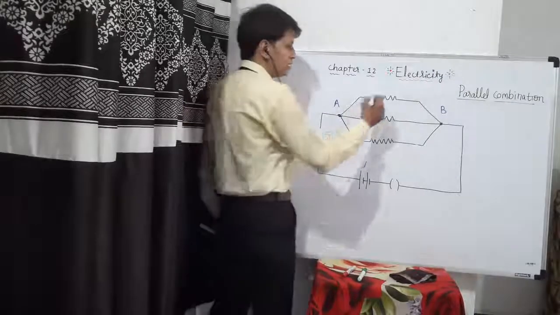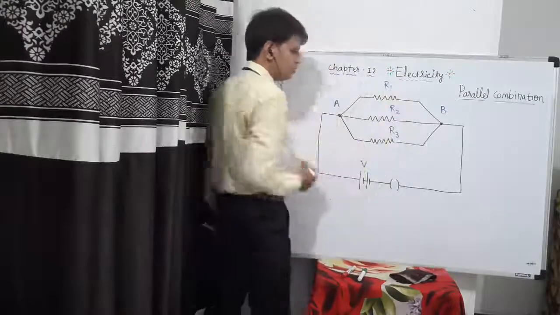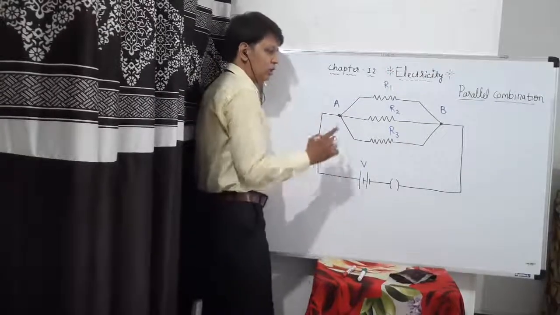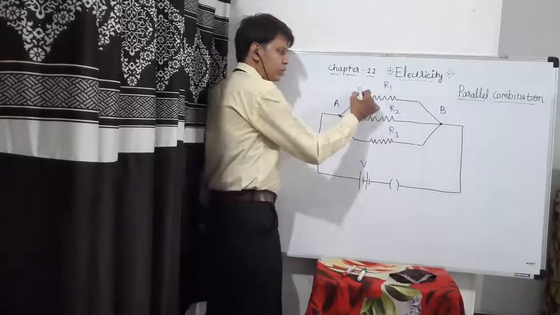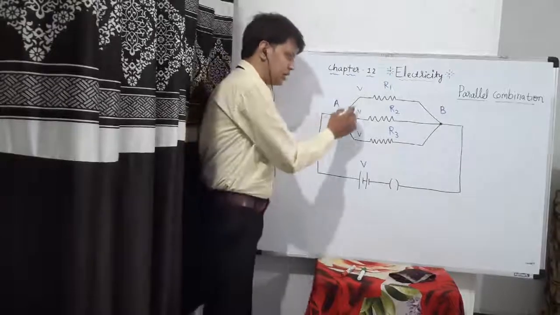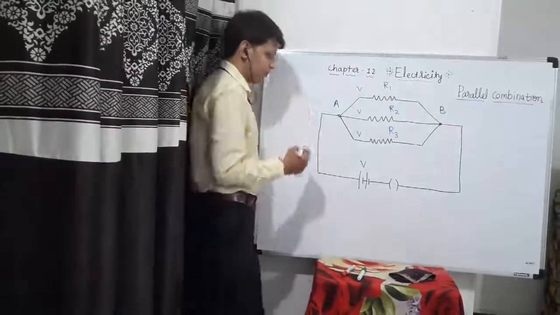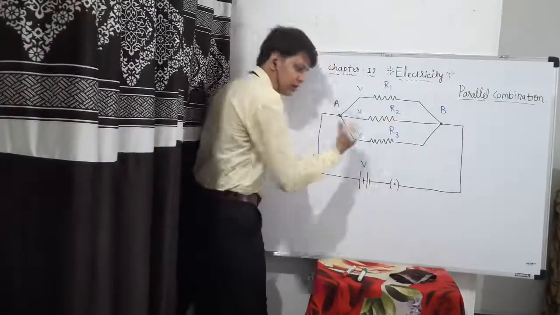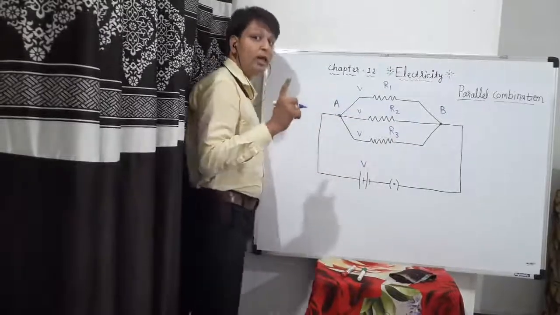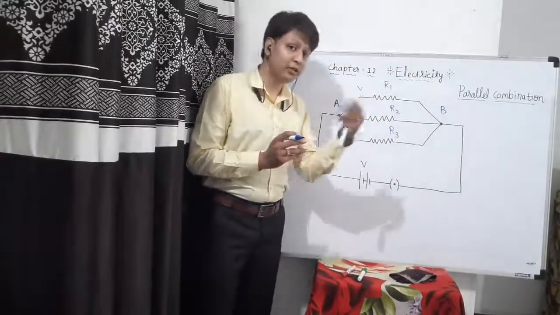Clear? The first thing is each and every resistor is different from each other, having different values. Second is, if you are applying V, the potential provided to each and every resistor will also be V. In parallel combination, potential difference will be the same across each and every resistor. Again, if you switch on the circuit, potential difference across each and every resistor will be the same. In series, the individual potential difference was different.